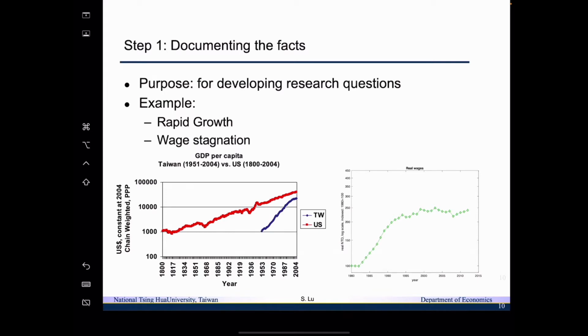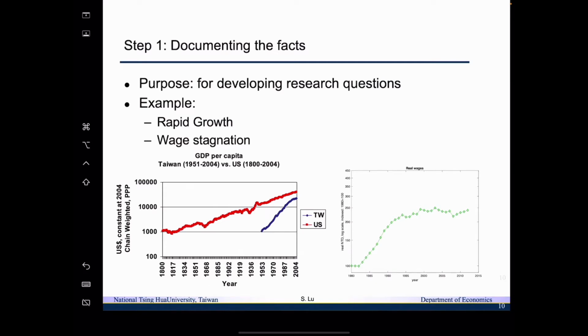But before that, I want to summarize these slides. In here, we know that when we document the fact, it provides us the motivation for a research question. And that is very important because it links our research to what we actually observe in life. So once the motivation of the research is clear, we can move on to the second step, which is about